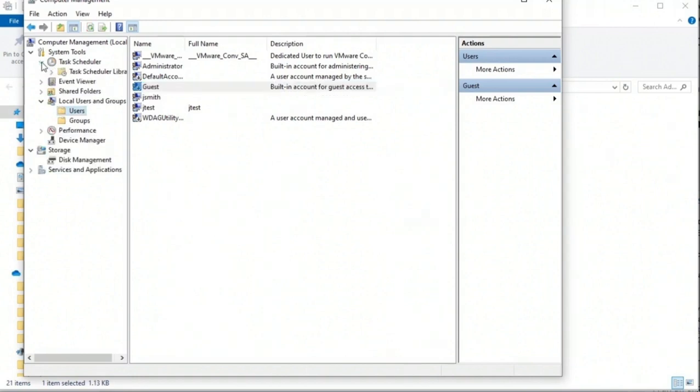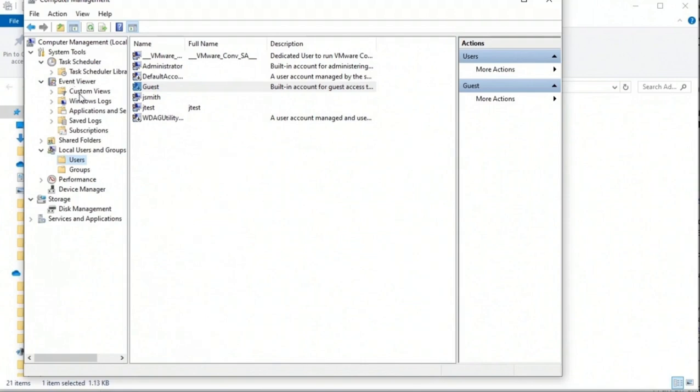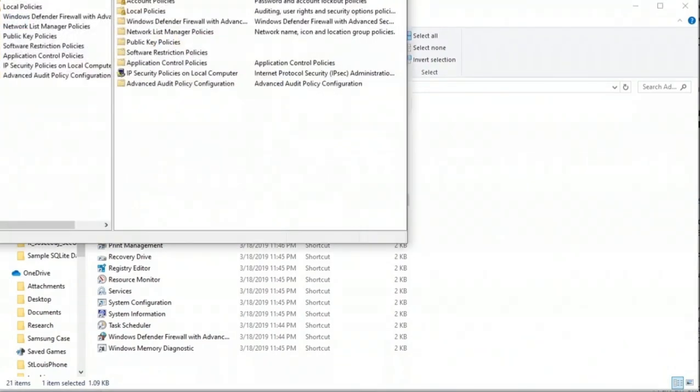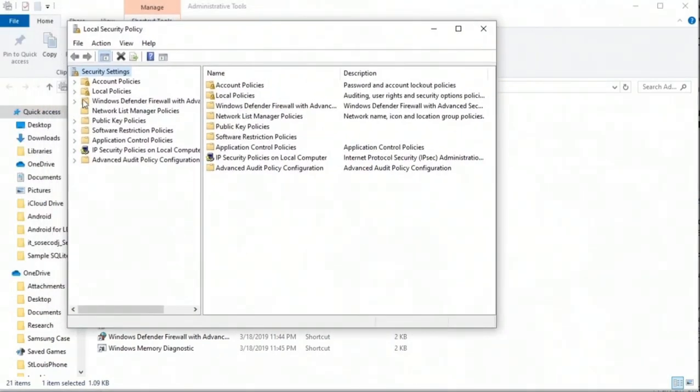You also get a chance to look at what tasks are scheduled. Do you want to unschedule them? You get a chance to look at your Windows logs, make sure they're turned on. All of these are things that you can do to harden your system. Now you can also view your events here, and my favorite that gets overlooked too often is the local security policy. Most people think about domain policies and don't think about local policies.